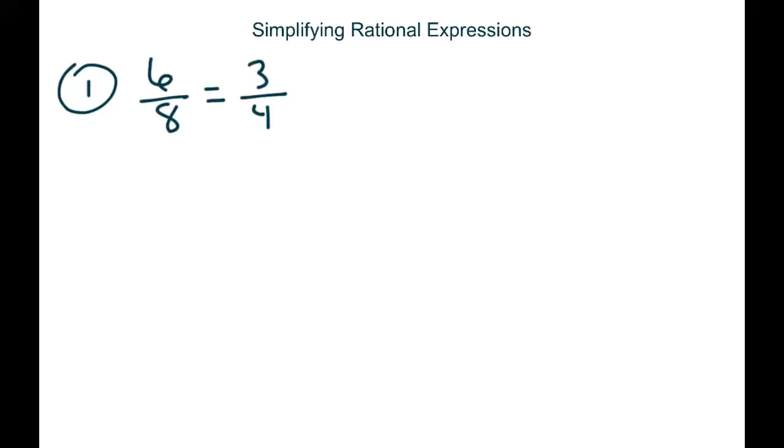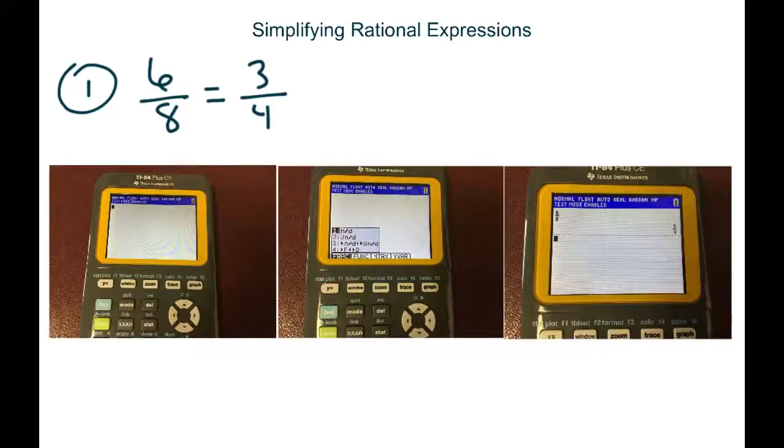Now, I do want you to remember, on your calculators, you can do this piece with the numbers very quickly. So remember, you can go to your calculator. You can select alpha y equals, and you get this little menu. And you want to select number 1. The n over d is numerator over